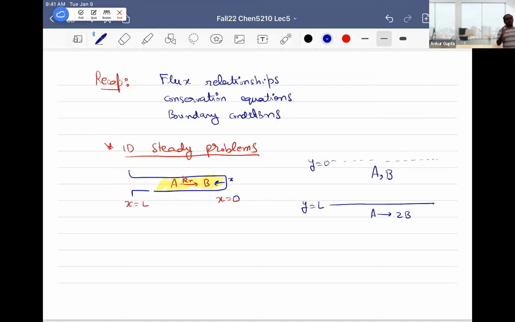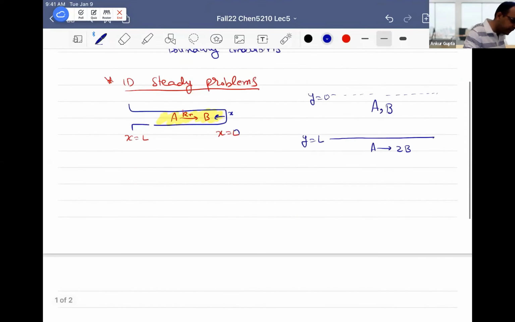Okay. So just to recap, all of this is what we have done. So today what we start to do, and this is going to carry through the rest of part 1 before your exam 1, is actually focusing on how to use these flux relationships, conservation equations, and boundary conditions. Okay. The simplest example is you will be given that the problem is 1D and steady. In that case, you literally just have a one-dimensional, one variable differential equation, and it's easy to solve. Now, what we'll do today is approximately 1D steady problems. Okay, so today's agenda is